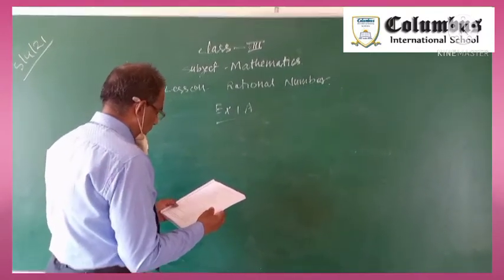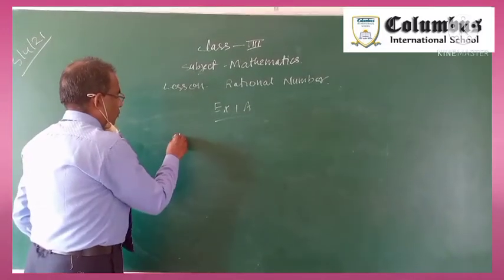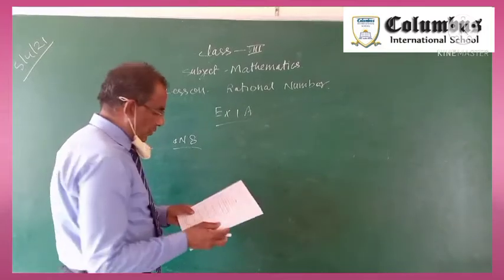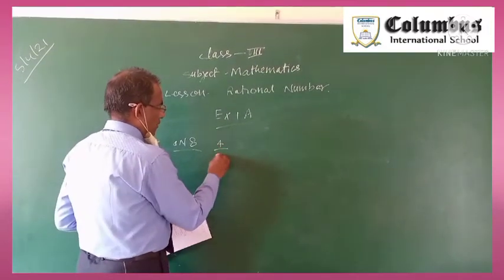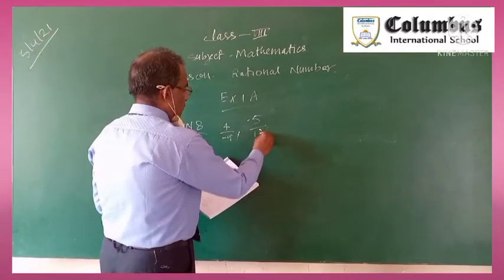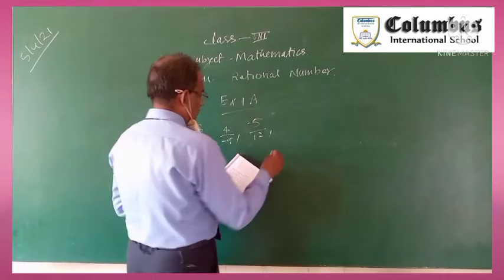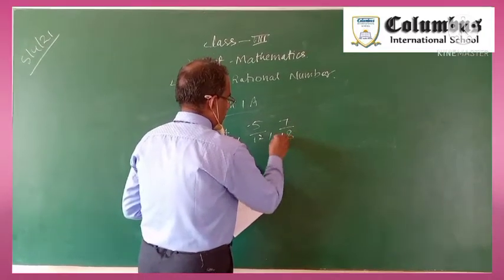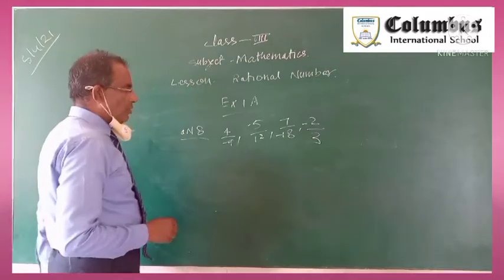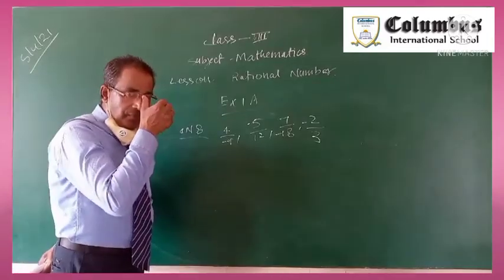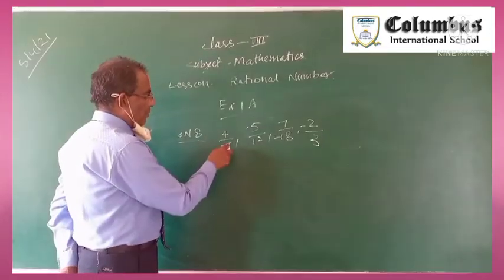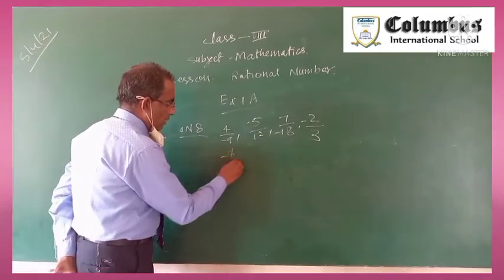Question number 8. Arrange the following rational numbers in ascending order, that is 4 upon minus 9, minus 5 upon 12, 7 upon minus 18 and minus 2 upon 3. First of all, we shall change the denominator into a positive integer. You will multiply by minus 1, that is minus 4 by 9,